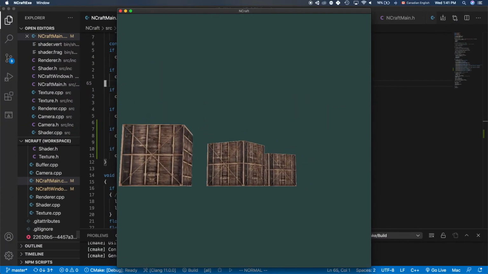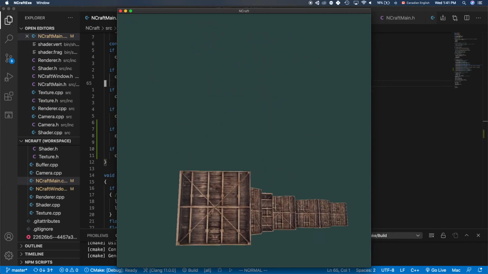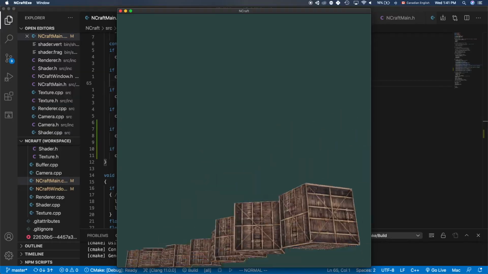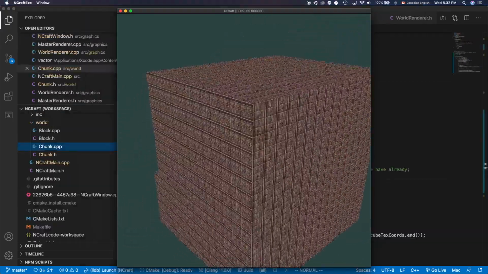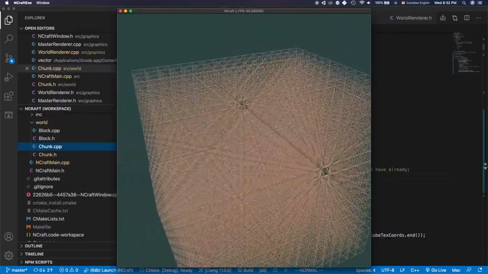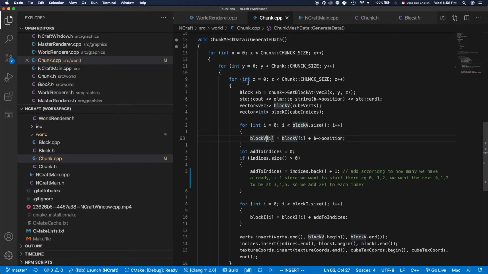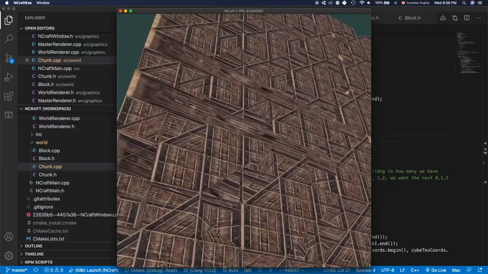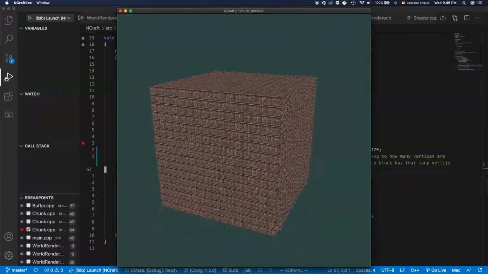Next, things started getting really exciting, because we finally got movement, and multiple cubes. Now it was time to start working on chunks. Chunks are really important in these voxel type games. At first, there were a little bit of difficulties, but soon I figured it out, and we got one full